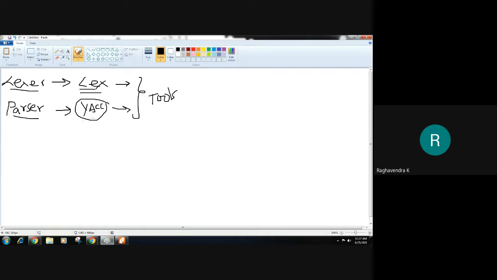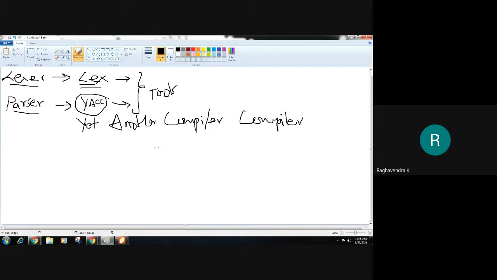First of all, let us know what Yacc is. I think I had elaborated the expansion of Yacc. Yacc stands for yet another compiler compiler, and this is a tool that will develop a parser for us, right? So first let us look at the syntax of the Yacc program. Now how exactly is it?